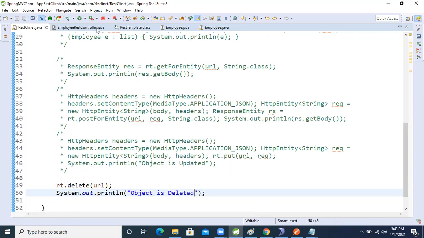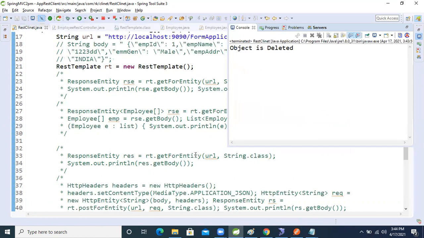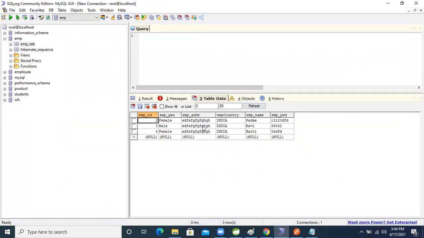Now run the application, guys. Yeah, object is deleted. Which record number? Third, right? Come into the database and refresh it. Already third was there, Ravikant, right? Now Ravi is deleted.